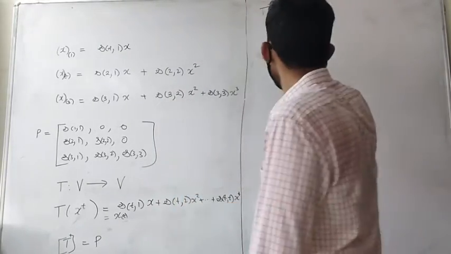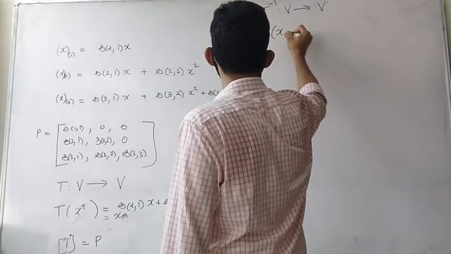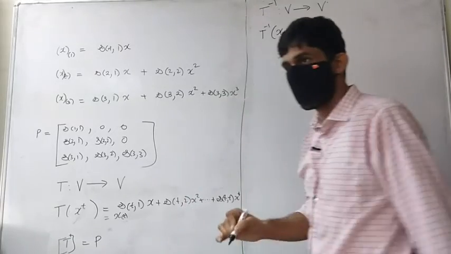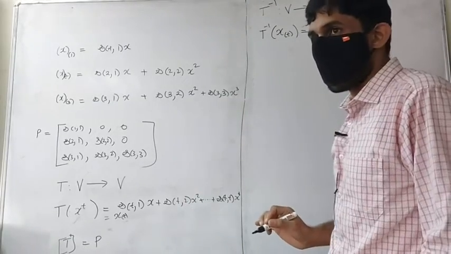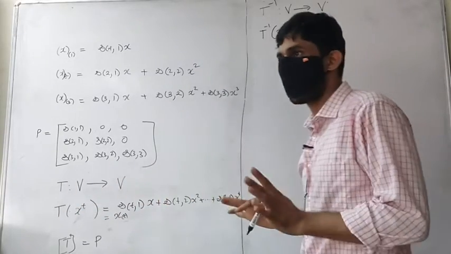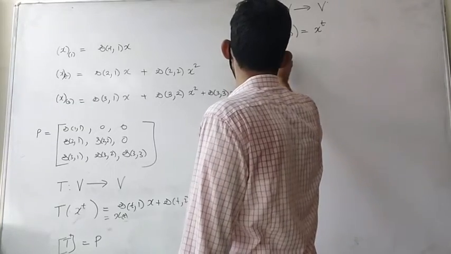It will take xt to x raised to t, right? It's exactly that. There is no other way, because we know that you can define a linear transformation based on the basis. And what would be